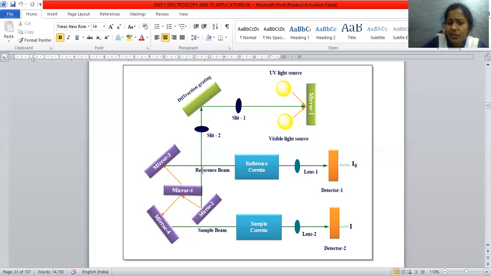One beam is considered the reference beam and the second is the sample beam. The reference beam passes through the reference cuvette, the holder where we place the reference material. The sample beam falls on the sample cuvette, where we place the sample whose structure we want to determine.